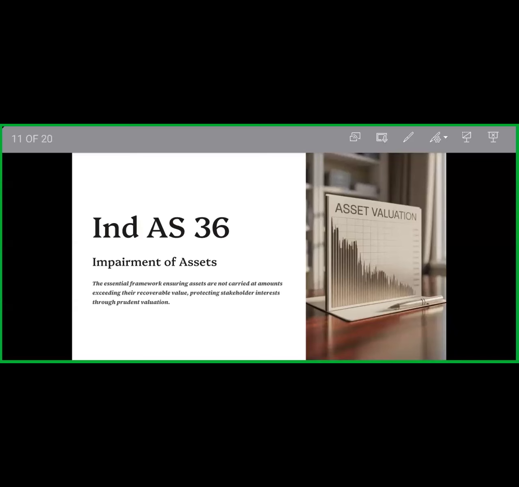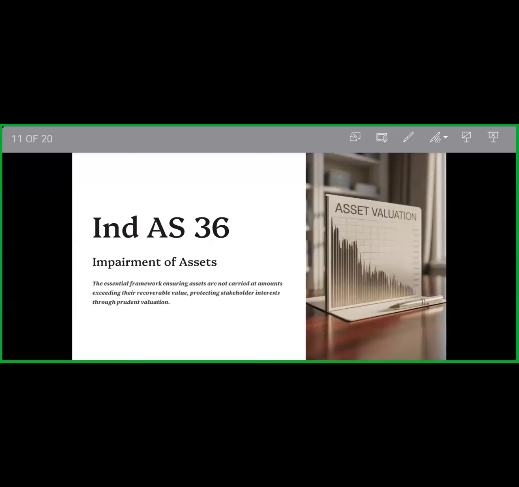It is 6 lakh. Now, I put that 6 lakh value in the different financial statements, that is, in the balance sheet and the income statement. I value that machinery at 6 lakh. But when I sell that machinery in the market, I only get 4 lakh rupees. That means